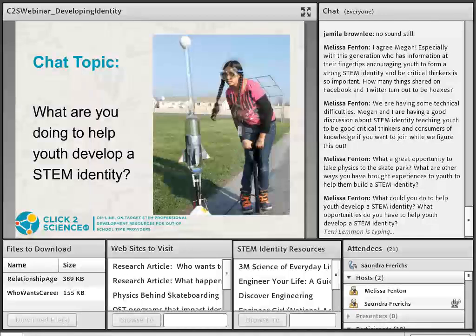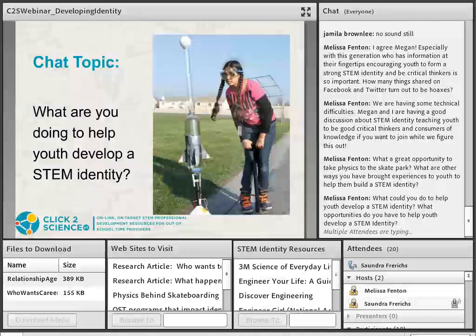Then there's a series of resources around engineering, because engineering is something that I'm really passionate about bringing to our students. There's a couple of resources designed specifically for girls. Engineer Girl is a website that targets middle school girls, and Engineer Your Life is a site that targets high school girls and brings them engineering experiences and introduces engineering role models. You can find some activities and videos there you can share with your students.